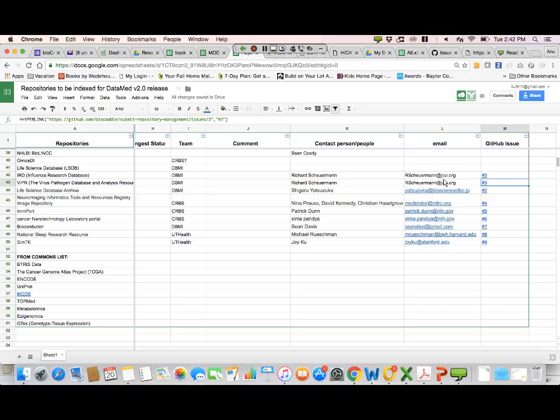I put in the information of the contact people, the email of the contact person, which is already there, of course, in GitHub, and I put in a link to the GitHub issue as well, so that we have some information going from this direction. So the next question that we actually have is, once the repository